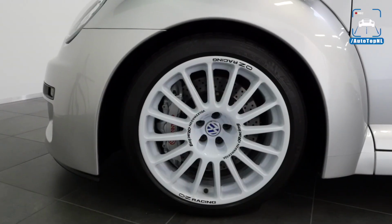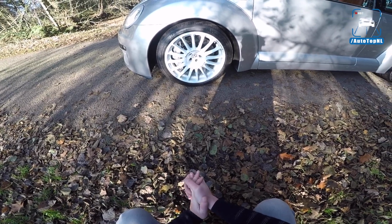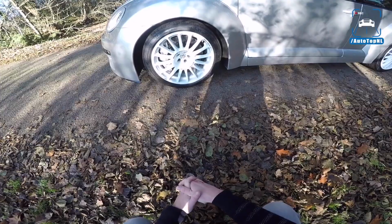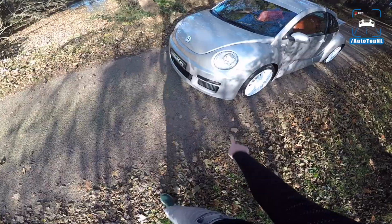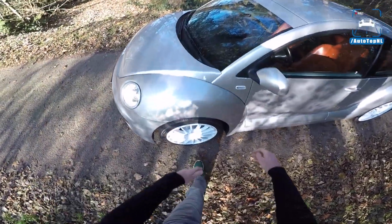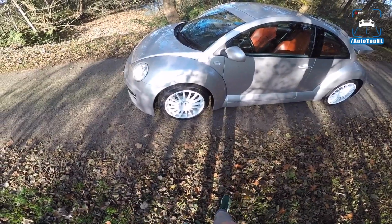OZ Super Turismo wheels, 18-inch in white. They are from the new Beetle Cup race car, so they are really race wheels, and you can also see Volkswagen Racing written on there. 235 section tires with 18-inch wheels, some pretty aggressive air intakes over there as well. Very wide arches here, this is crazy, and the wheels are a lot further outward than the standard